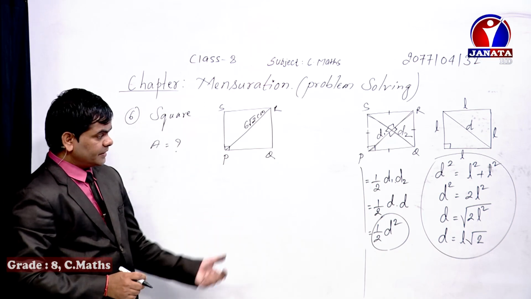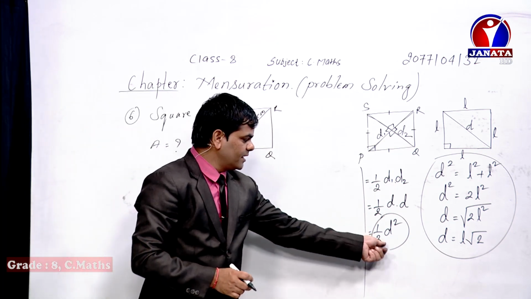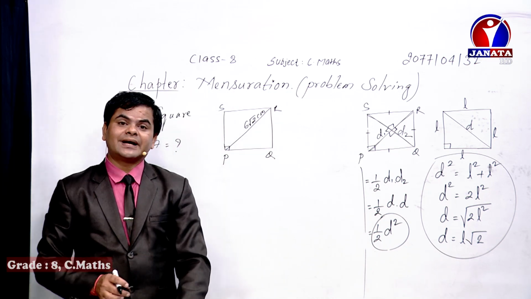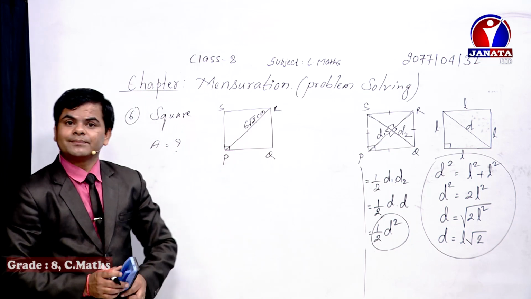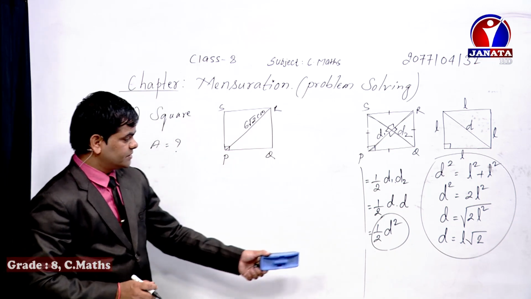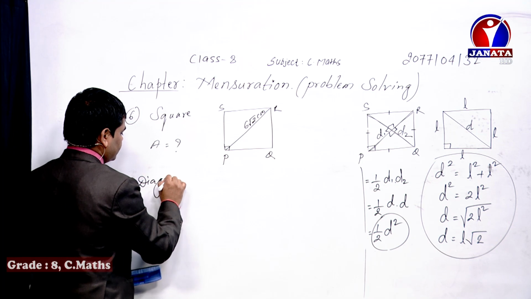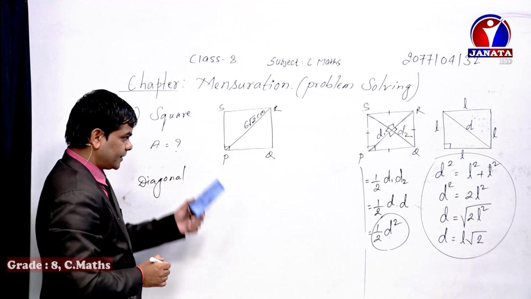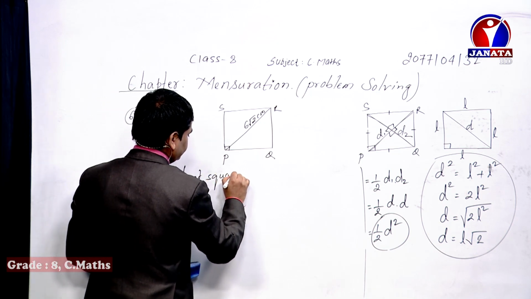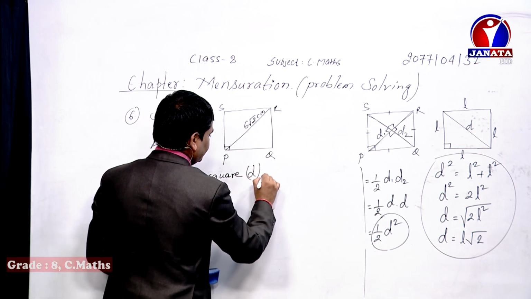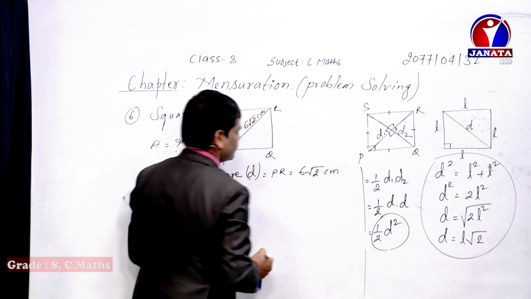There are two ways I have already talked about. You can use area of square as L square, as well as the area formula of square we just found, 1 by 2 d square. As diagonal is given, priority should be given to the formula where diagonal is used, that means this formula. So directly here we write, both diagonals are equal in square, I have already talked about this, isn't it? Diagonal of square d equals PR and its length is given as 6 root under 2 centimeter.